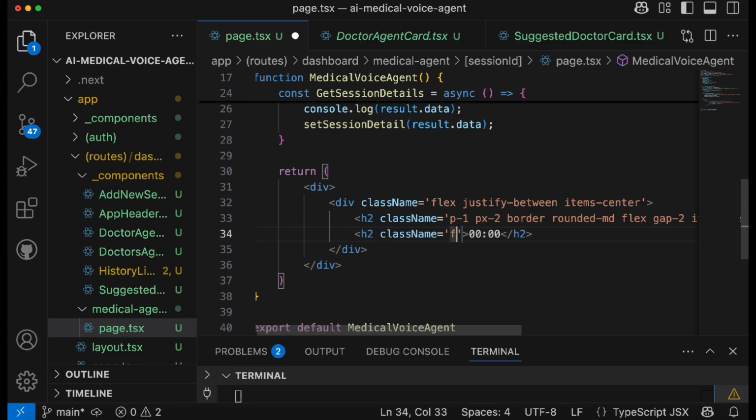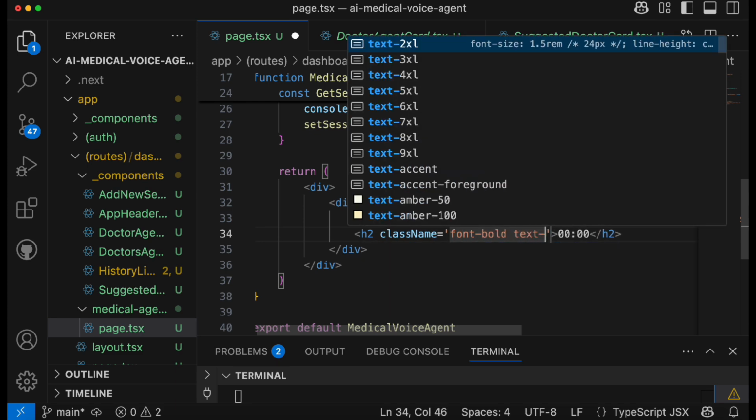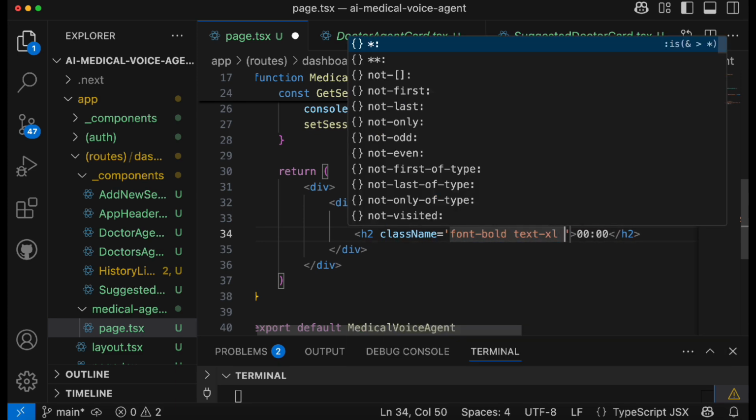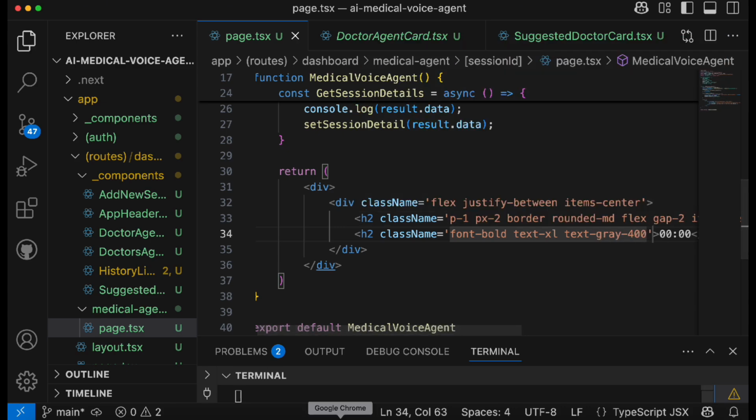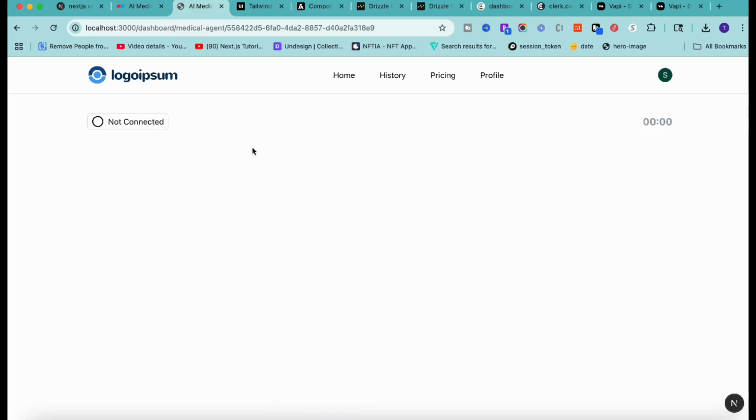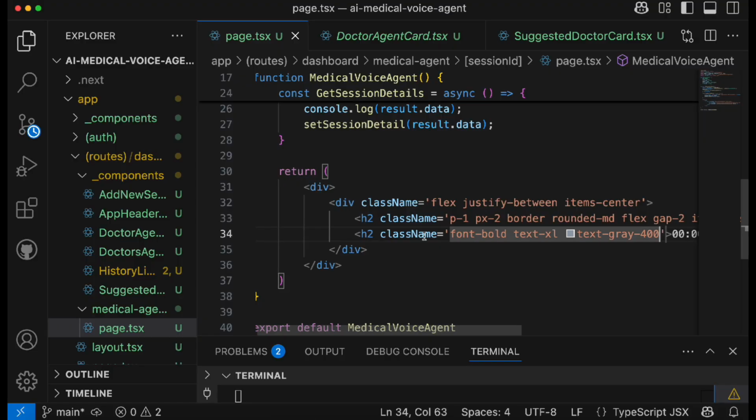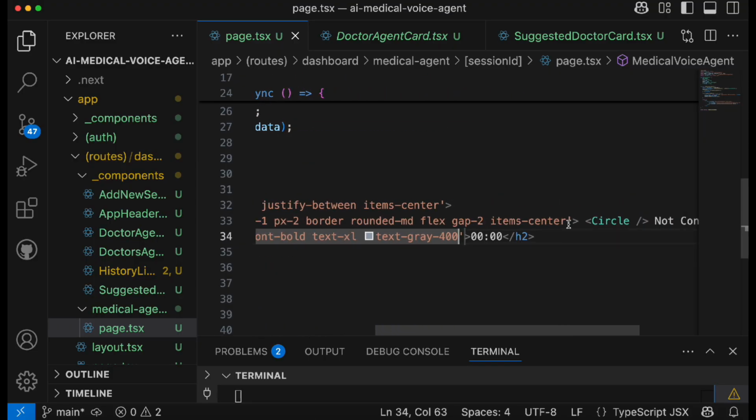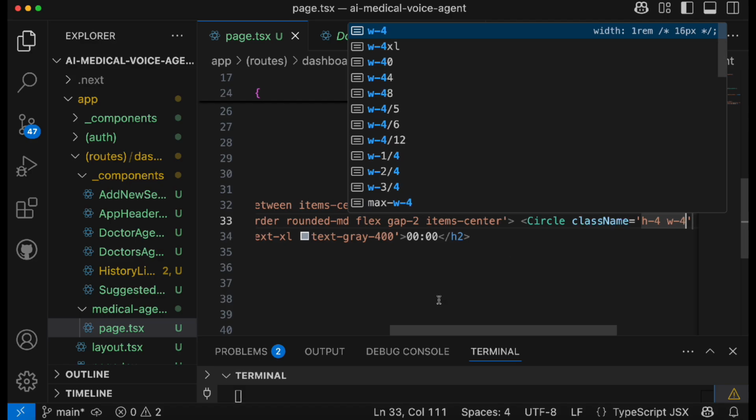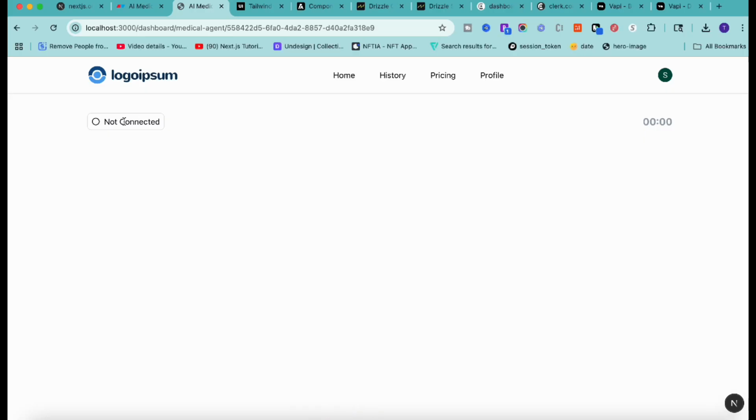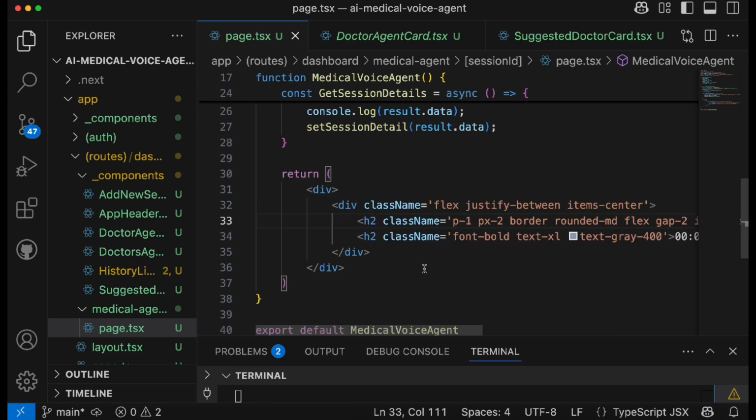Over here I will add a font bold, text Excel, and then I will make this text gray 400, so a little lighter. Something like this. Okay, over here this circle icon is too big, so I give width and height. Perfect. Now in the center we want to show the user image,